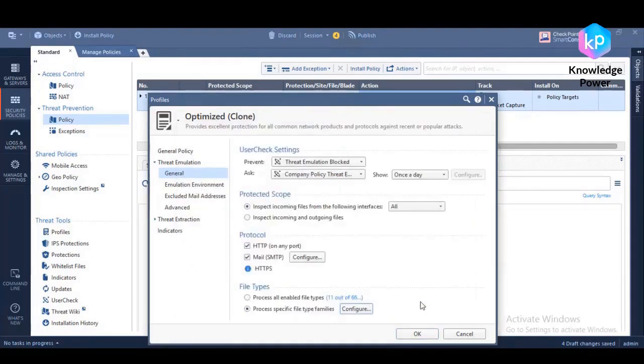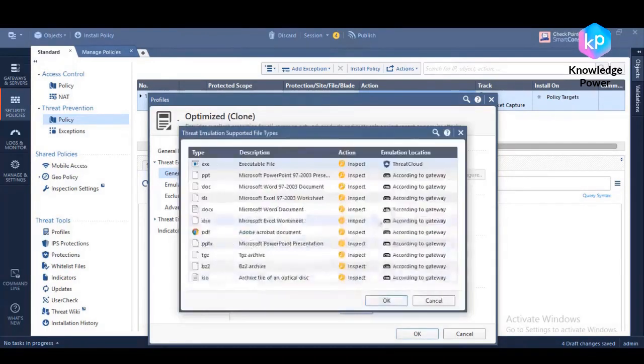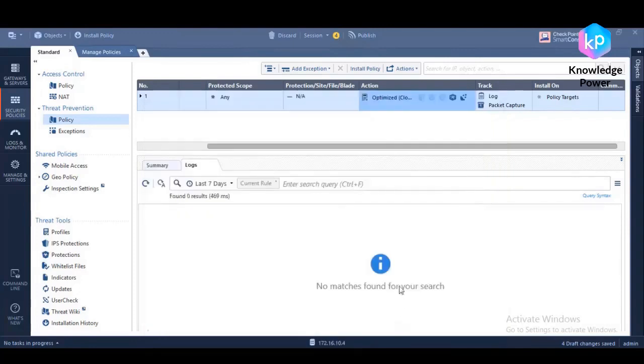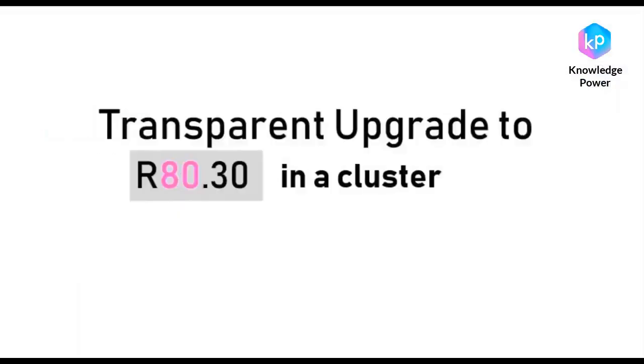Alright, so here's what we're going to have. By default in the object, all these files are going to take place as we specified. It's going to take place in the local gateway as we specified in the object, and this file will go to the threat cloud. Then click OK, publish the policy, push the